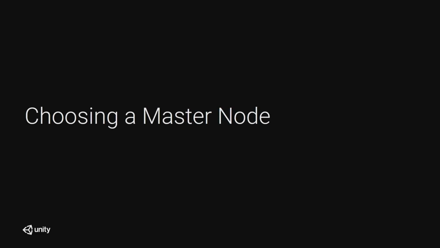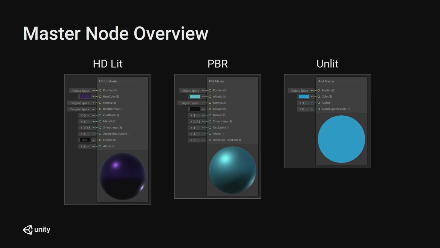So now that we understand how a shader graph works, let's use that information to our advantage. While choosing a master node may seem like a trivial decision, it's actually an important decision that has profound implications on overall performance. Today, you have the choice to select from among 3 different master nodes: high definition lit, PBR, short for physically based rendering, or unlit. Let's go over each one of these,